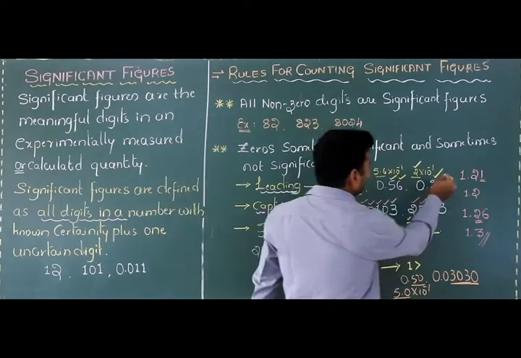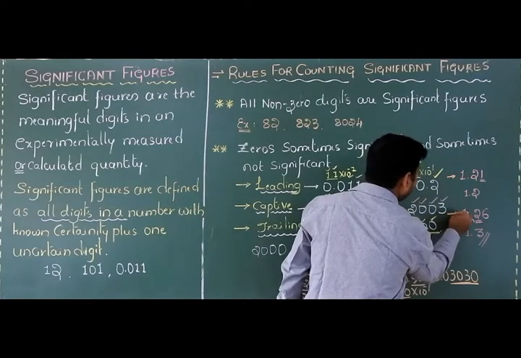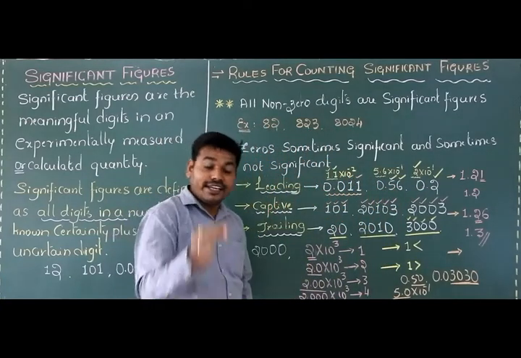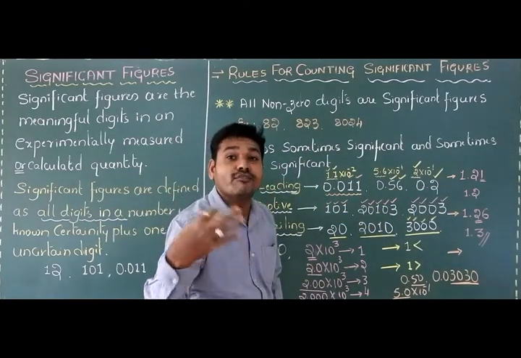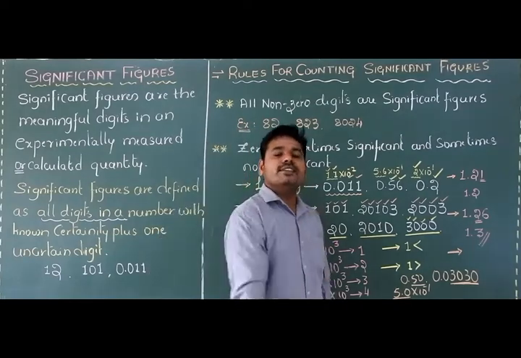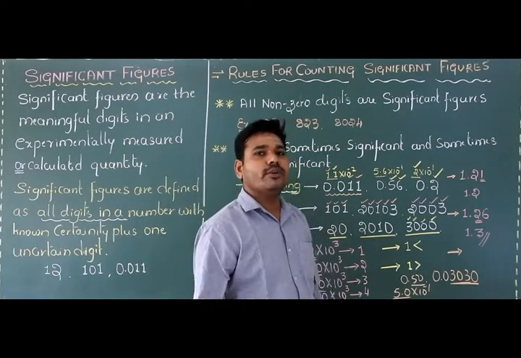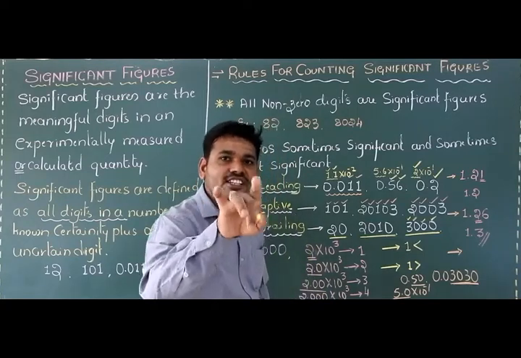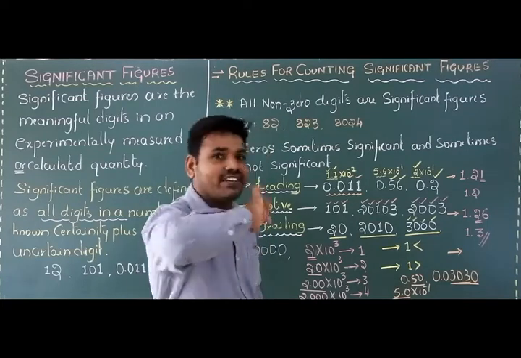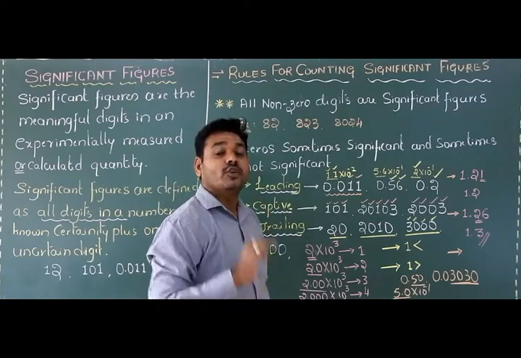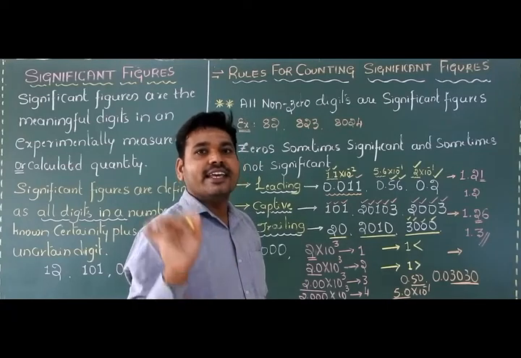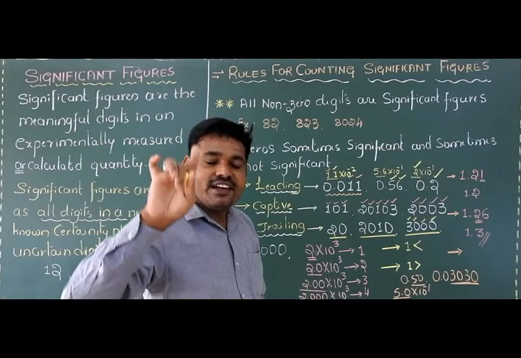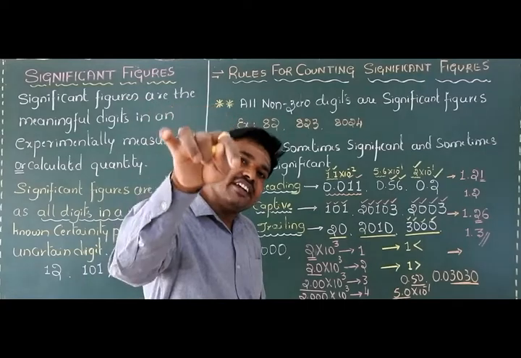Important condition here. One more important condition is if the number is equal to 5. ನೋಡಿ, equal to 5 ಇತ್ತು ಅಂದ್ರೆ ಹೆಂಗೆ ನಾವು ರೌಂಡ್ ಆಫ್ ಮಾಡ್ತೀವಿ ನಂಬರ್ ಅನ್ನು? If the number is equal to 5 means in such cases the last significant figure is left unchanged if the number is even. Listen this condition carefully. ನೋಡಿ, equal to 5 ಇದ್ದಾಗ, so the last significant figure is left unchanged if it is even.